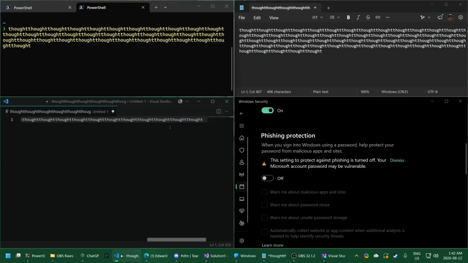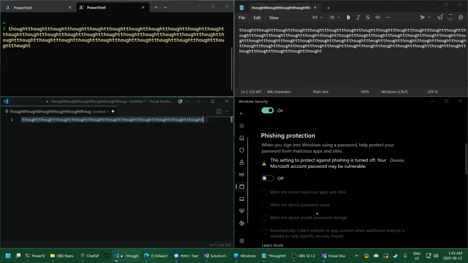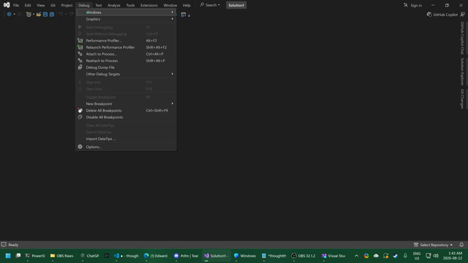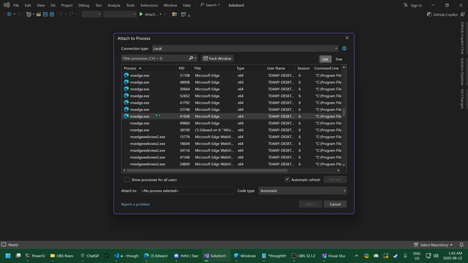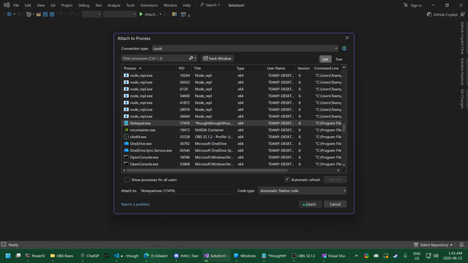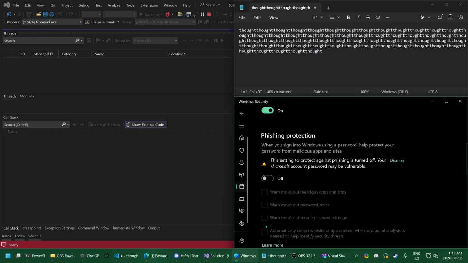To analyze this, we can use Visual Studio. Ensure that the desktop development with C++ is available, and inside Visual Studio, we can debug, attach to process, find Notepad, and we can encounter the issue. If we turn this back on so that the issue comes back, then once it's stalled,